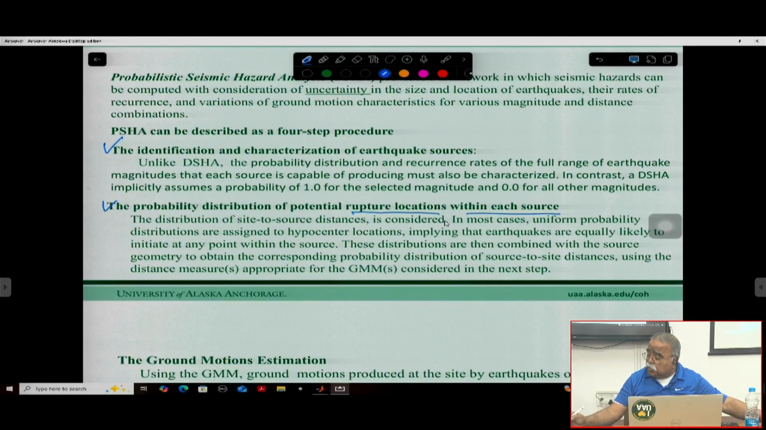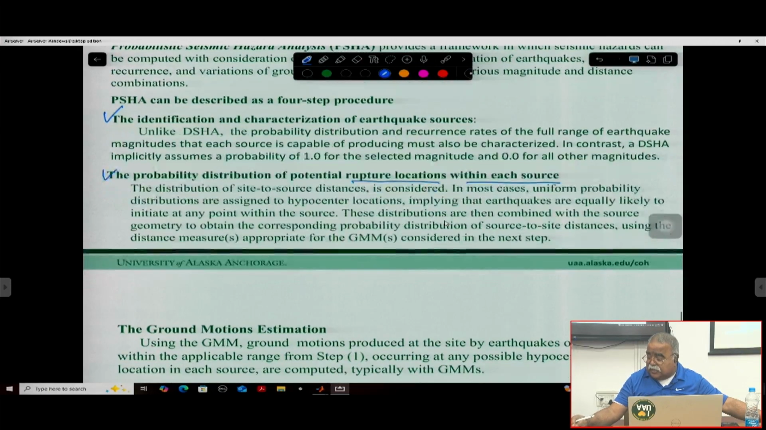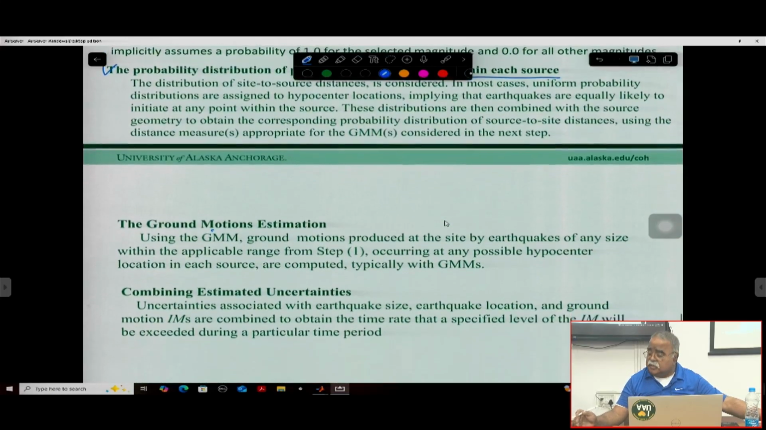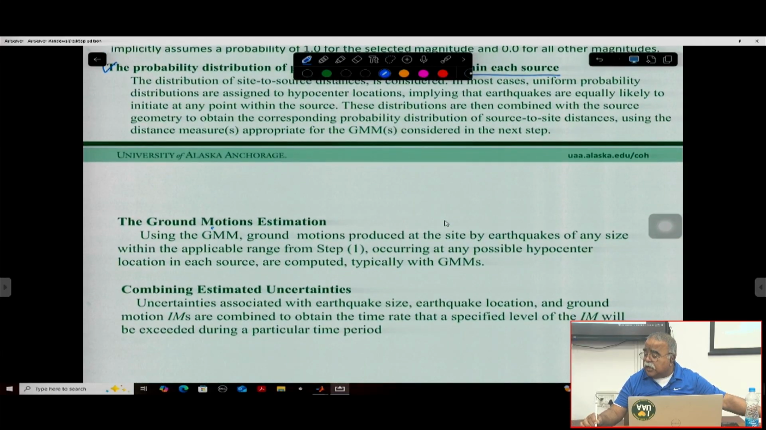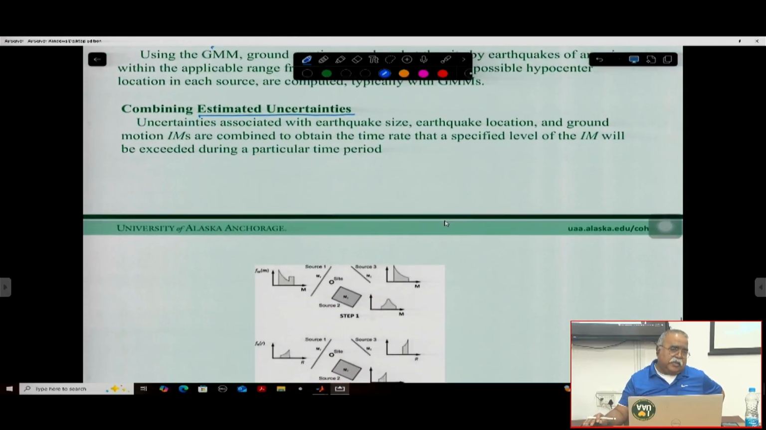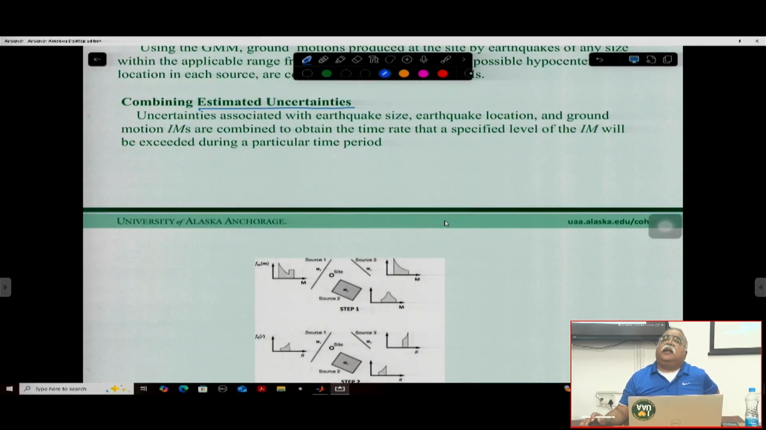So then after you can do that, then you can calculate the ground motion based on any ground motion prediction equation if you know the distances, and then you can combine all the estimated uncertainties, because there are a lot of uncertainties there. We need to estimate those uncertainties and combine them together. Okay, so these are the steps. So the steps are same, both the DSHA and the probabilistic seismic hazard, but the